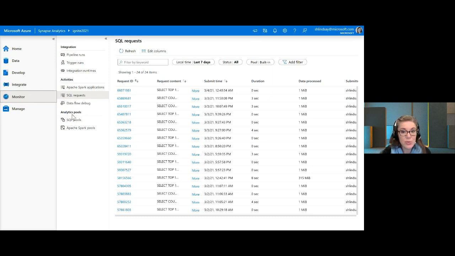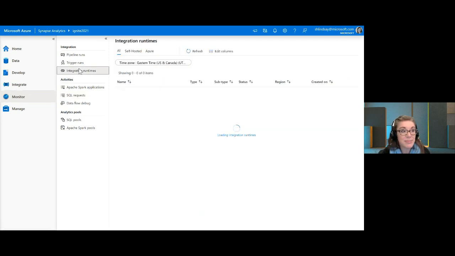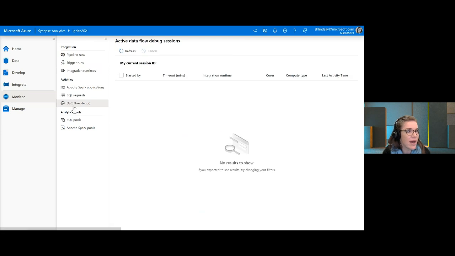We're going to use the Monitor Hub to view active pipeline and trigger runs, integration runtime status, any Apache Spark jobs, SQL requests and data flow debug activities. We don't have any running here now.